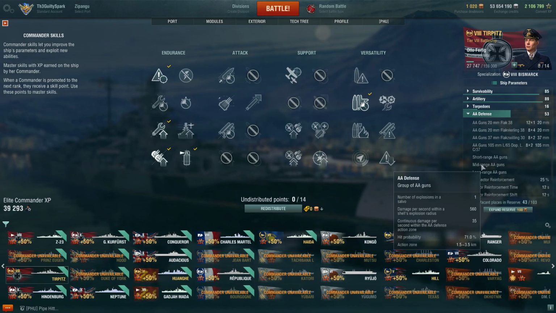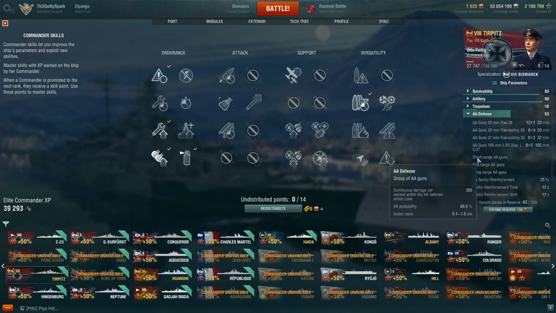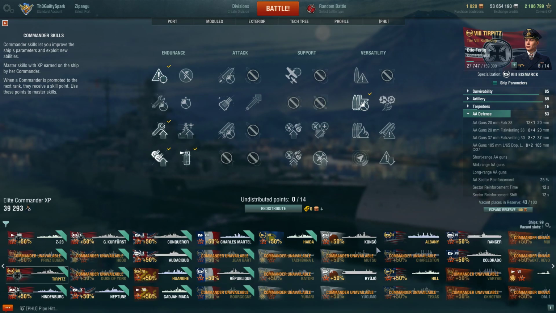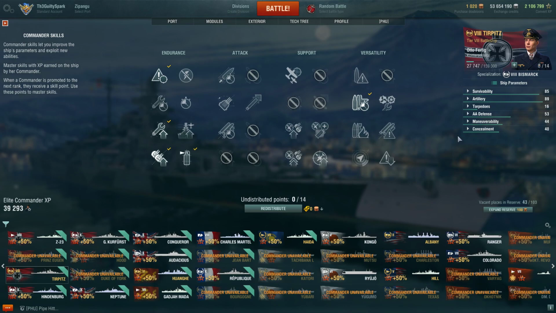35 damage per second on your secondary aura isn't exactly what you want to be doing at tier 8. Even the short range only does 385. Long range does 193. The Bismarck is a little better. Her big sister Bismarck is a little better, but not much better. Now for your 4th pointer,